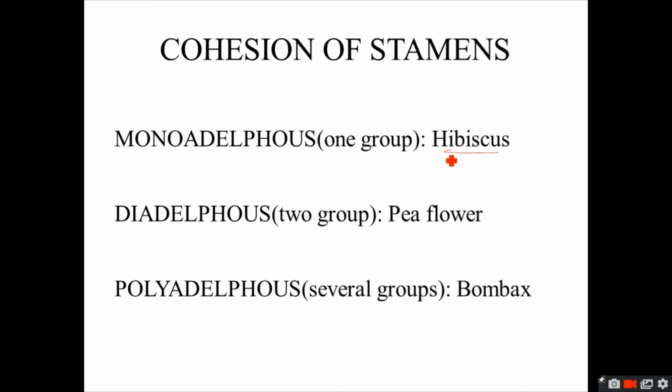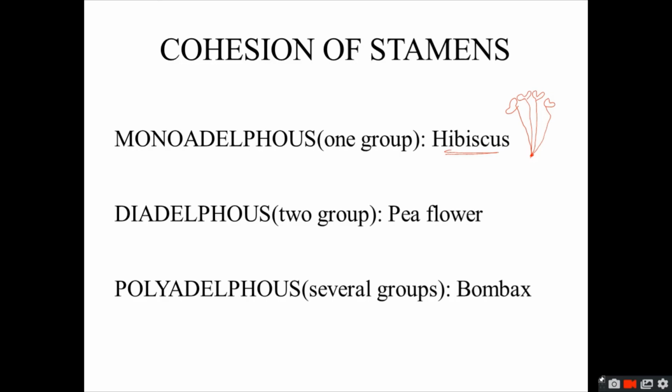A single group of a stamen, like there is only one group where every stamen is joined, or the anther and filaments are having a common origin in a flower. Now diadelphous means they are having two group, and mainly pea flower is having this type